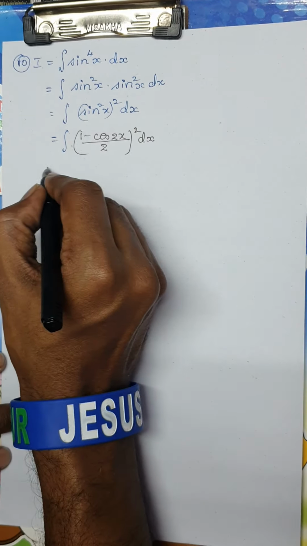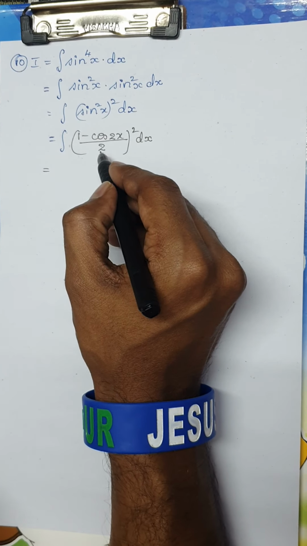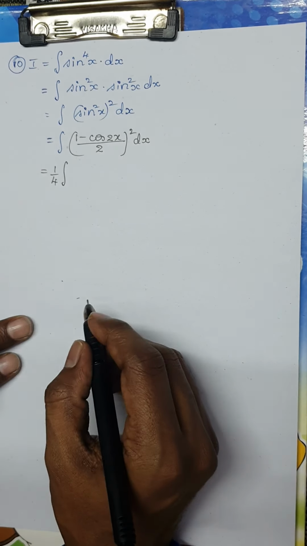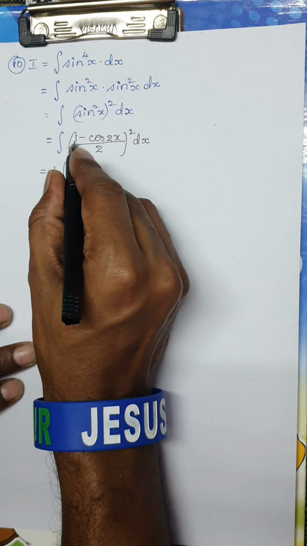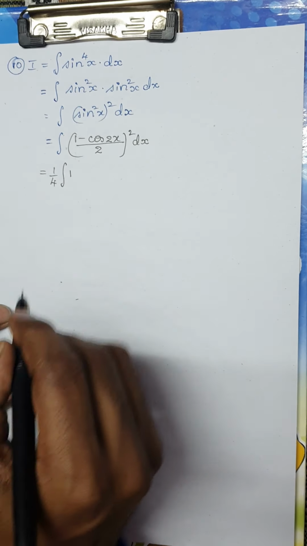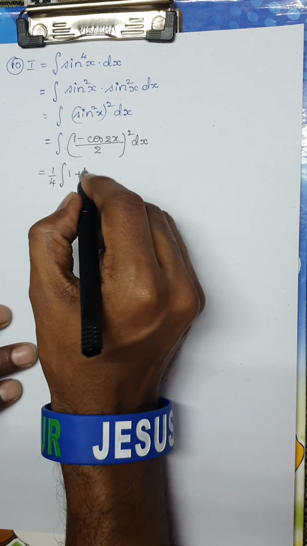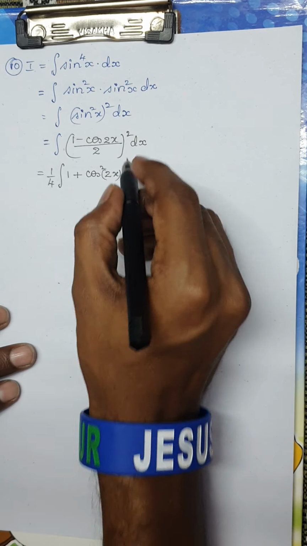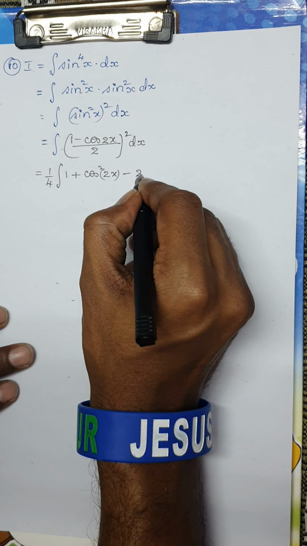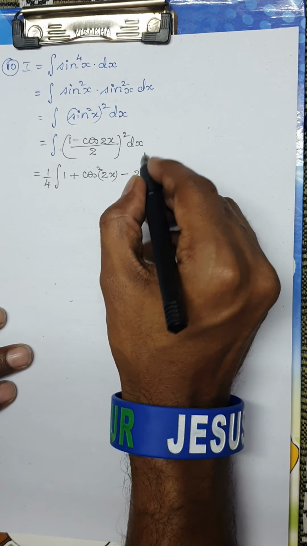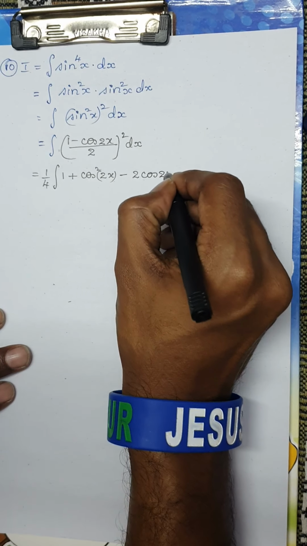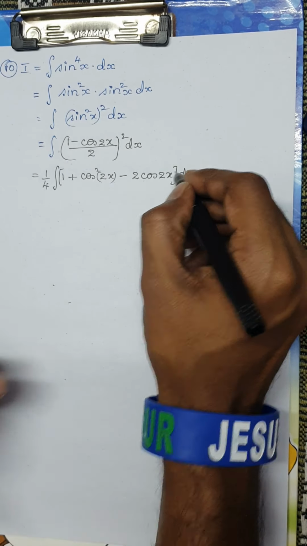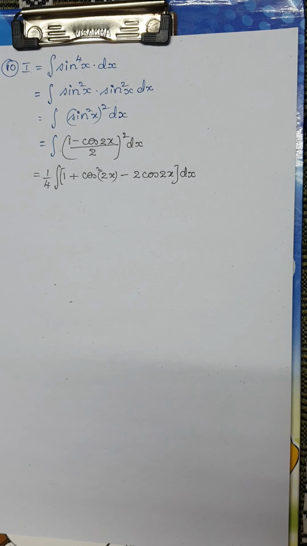Now what happens is, if you use the square term, the denominator would be 1 by 4. I am going to keep that outside. So it is the integral of 1 by 4. Now let me use the a minus b whole square formula. So 1 square would be 1, that is a square, plus b square. B square is cos square 2x. Next, minus 2ab. So 2 into 1 would be 2, 2a into b, that is cos 2x. Remember, I am using the a minus b whole square here, which is the basic identity of your 6th standard mathematics.